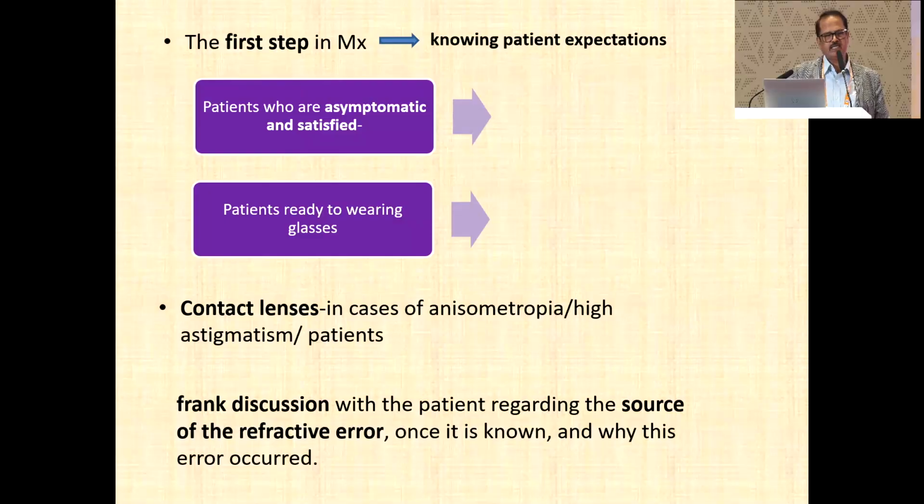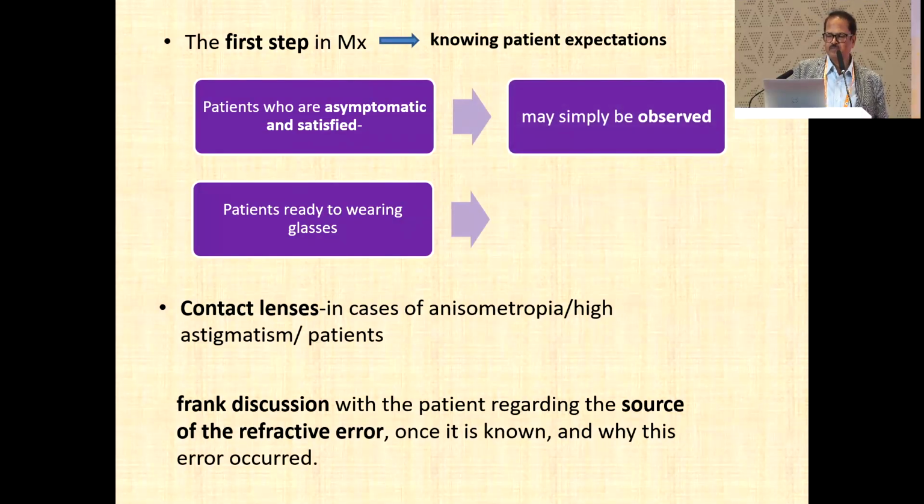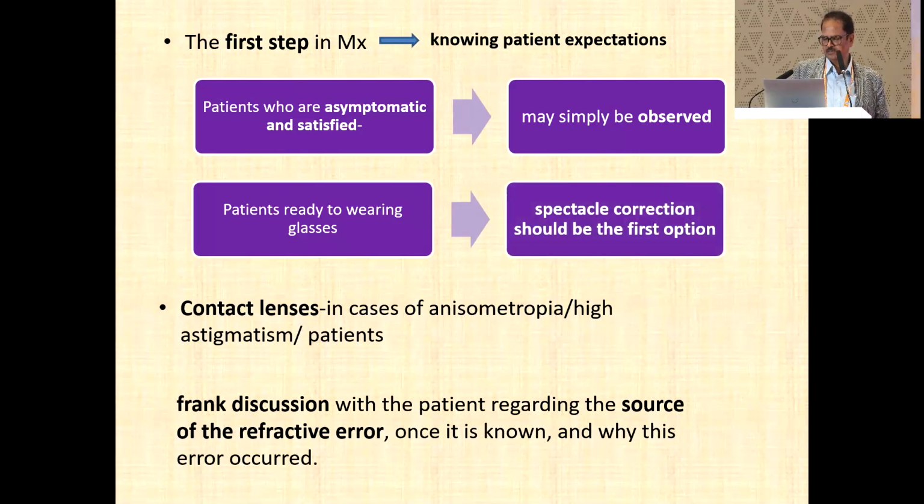So if the patient is asymptomatic and very much satisfied, just simply observe. If the patients are ready to wear glasses, with a small amount of refractive surprise, give the patient spectacles, and contact lenses if the patient is used to them and if there is a high degree of anisometropia. And there should be frank discussions with the patient regarding the source of this error, and once it is known,